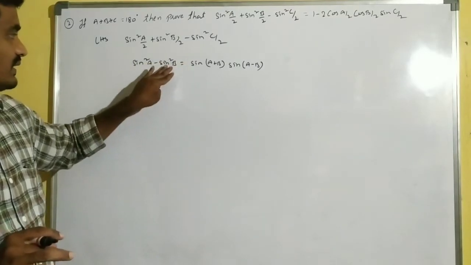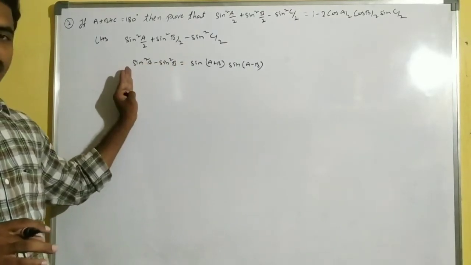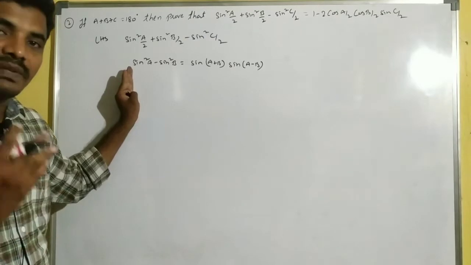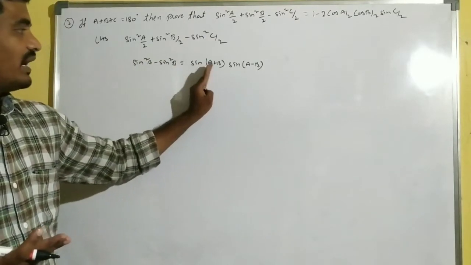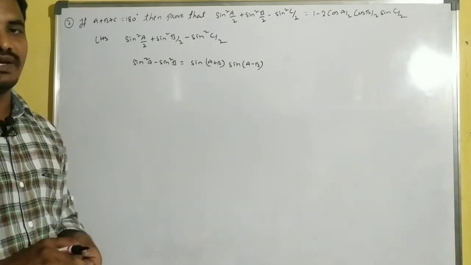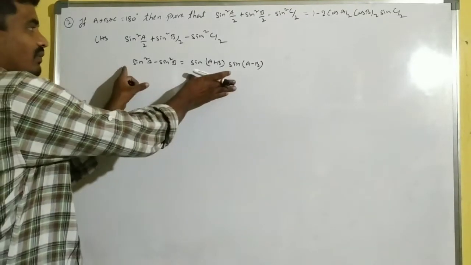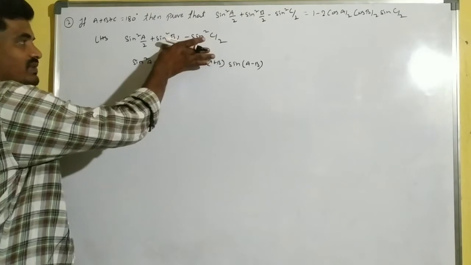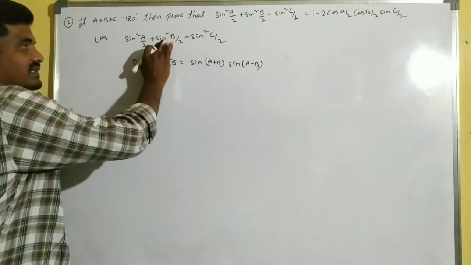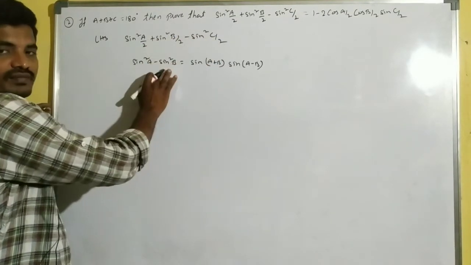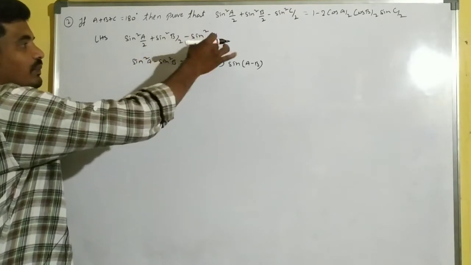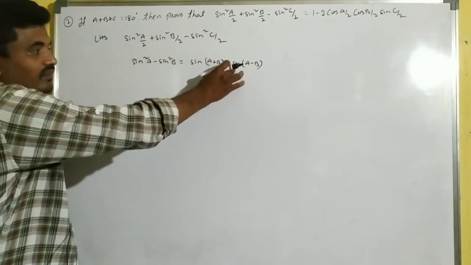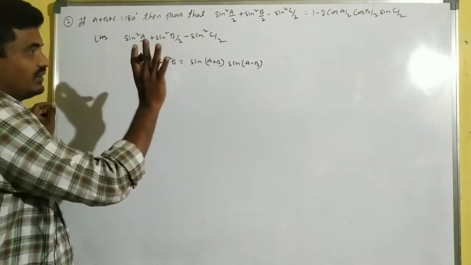When you write this b, we get cos square b minus cos square a equals, also we can write sin of a plus b into sin of a minus b. With the help of this formula we can write this one. First these two terms I am taking as a, this is like sin square a minus sin square b. Then we can write sin of b by 2 plus c by 2 and sin of b by 2 minus c by 2.